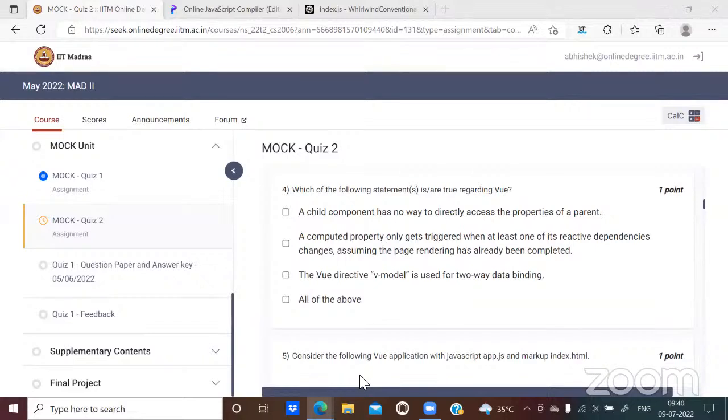No. A computed property would only get invoked when one of its reactive dependencies changes. Correct. Let's say this computed property is dependent on that variable to which that event handler is attached. Yeah, it is derived from it, yes. So the sequence is first the user-defined method, then the hook methods, then the computed property. Yeah, so if the variable that you have changed using the method is also acting as a reactive dependency for a computed property, then of course that will get executed as well. All right, yeah, thanks.